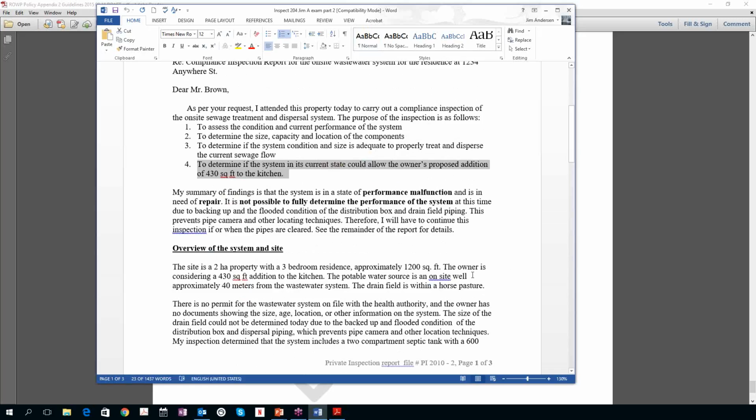It's not an extra bedroom, it's just extra square footage, so that made a difference. And then, like any good report, I think, it should have the summary on the first page, not 5 pages later. And the summary then, in my case, was I'm stacking the terms, right? It's a performance malfunction, it needs repair, and it was not possible to fully determine because we couldn't find everything, right?